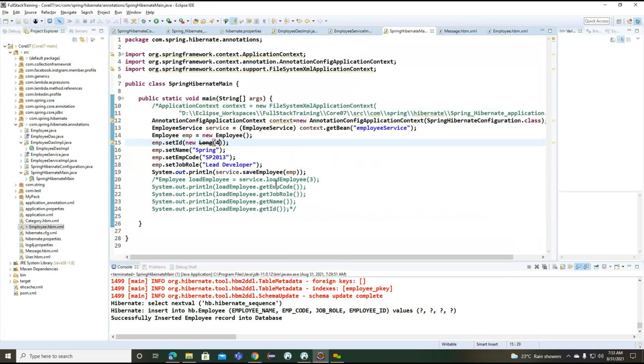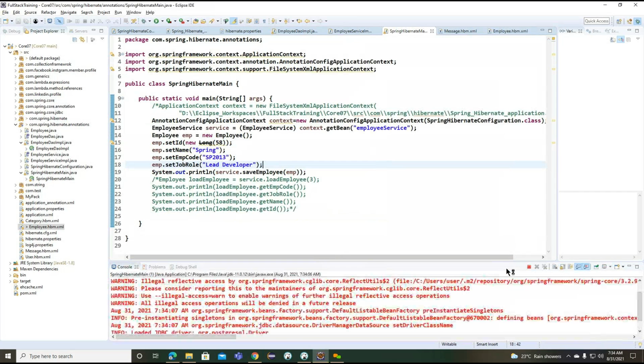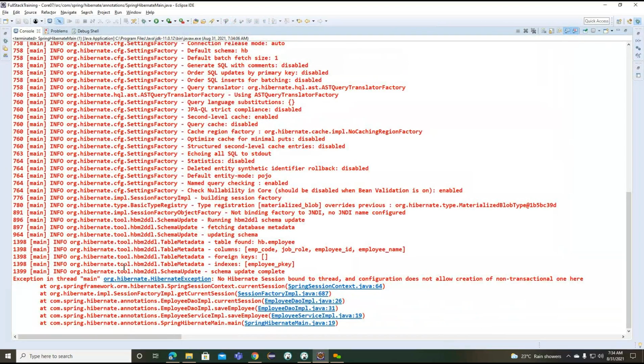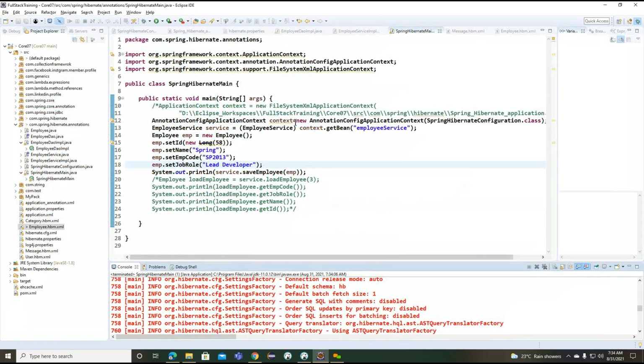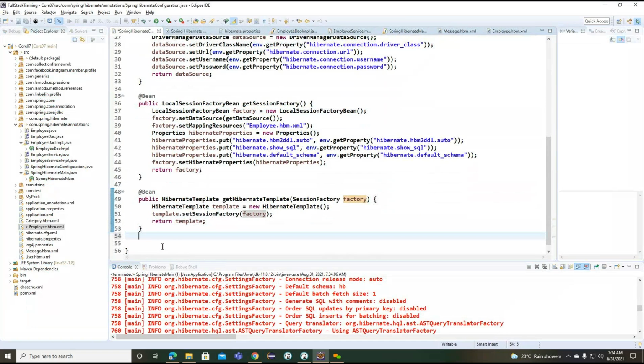So one more record I want to store here. With the help of this particular 58 here, I want to store one more record. Let's see how this particular session factory is working here. It is non-transactional here. Okay. So to create it, first what we need to do is go for the transaction information, and the transaction information I'm going to create here.